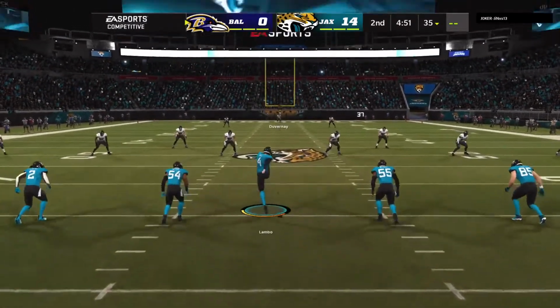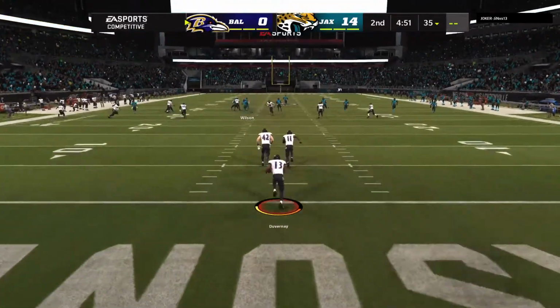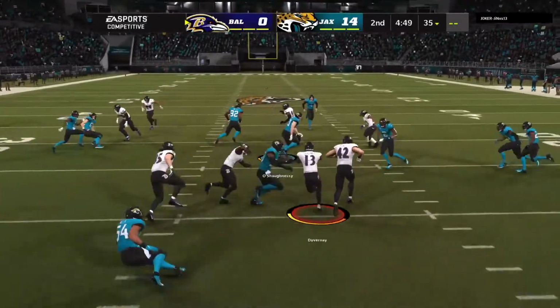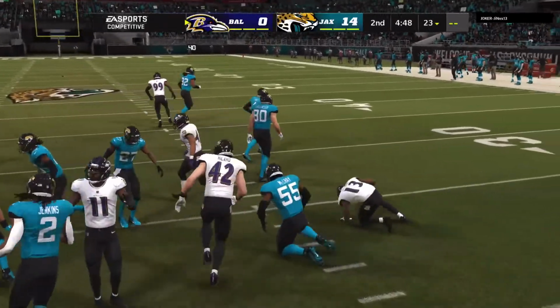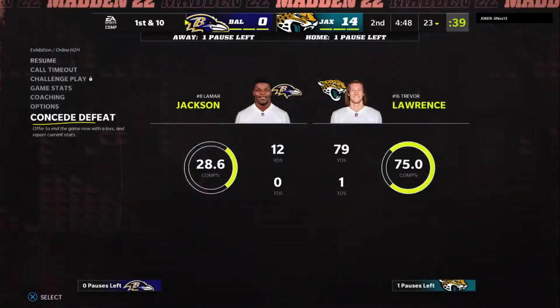The touchdown. He'll kick this one away. Devin Duvernay now returning from the end zone. And ultimately cannot get this out to the 25-yard line as he's dropped it to...